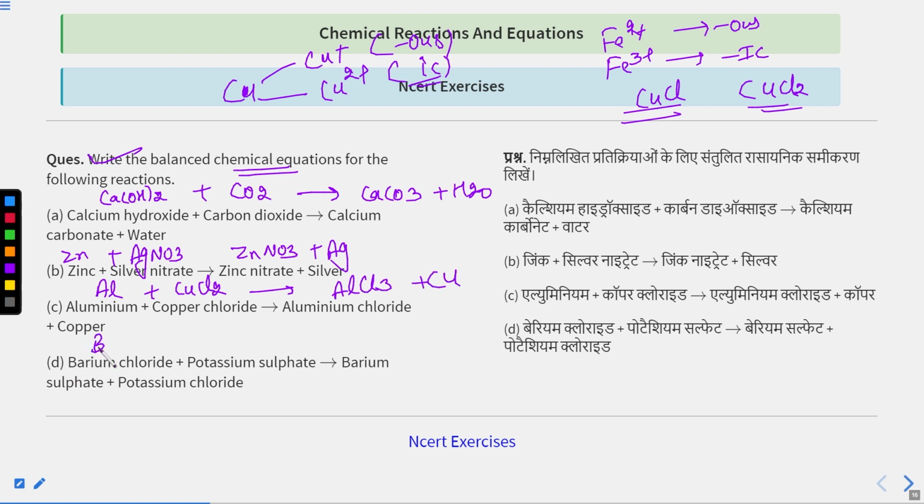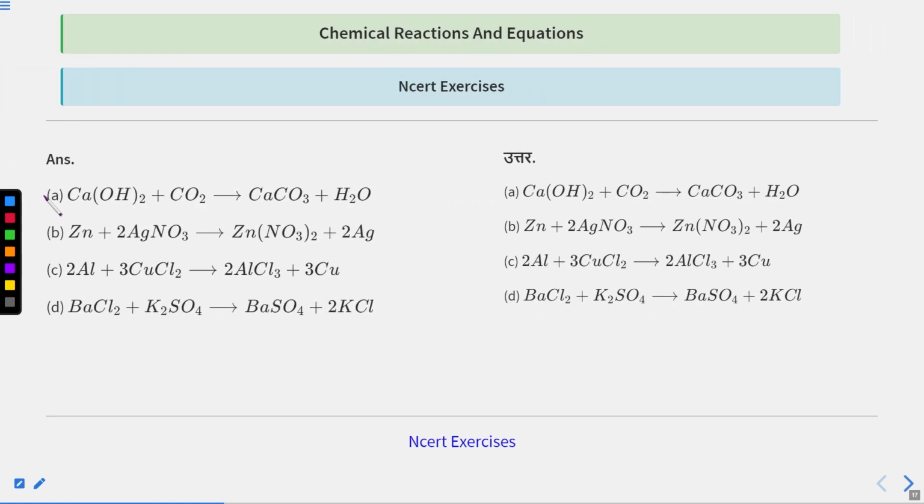Next is barium chloride, BaCl2, plus potassium sulfate, K2SO4, gives barium sulfate, BaSO4, plus potassium chloride, KCl. Now you can balance this unbalanced chemical equation. You can follow the law of conservation of mass and all the steps I told you while balancing any unbalanced chemical equation. The answer for this first question is calcium hydroxide plus CO2 gives CaCO3